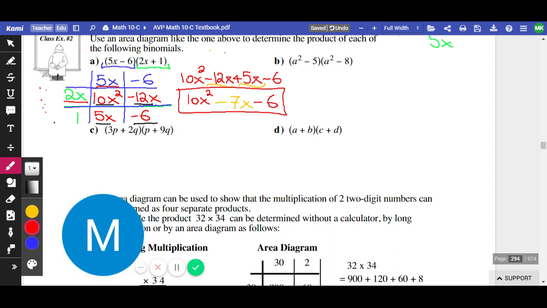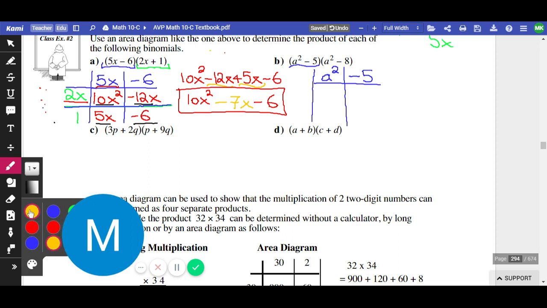Beauty. Okay, let's do another one together. So we look at B. I have a binomial, so I break it up into its parts. A squared minus 5. And I'm creating a grid. The grid is called an area diagram. Down the side,